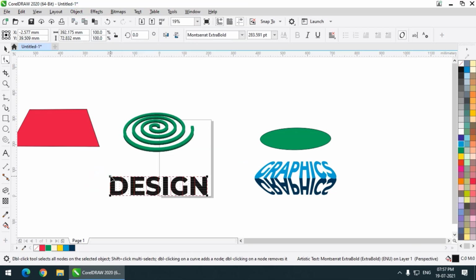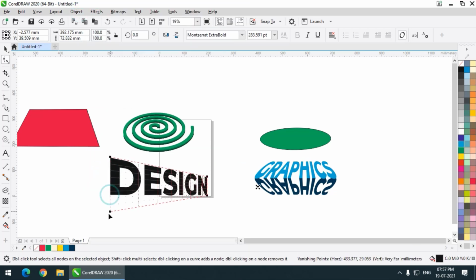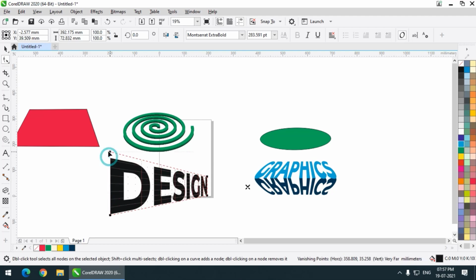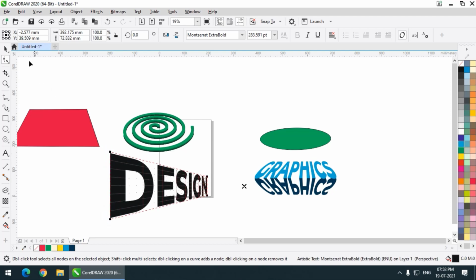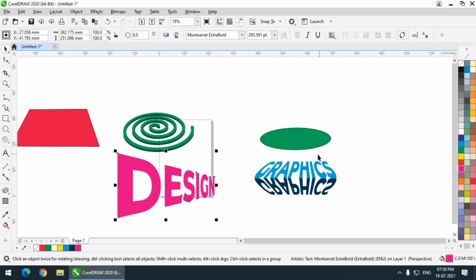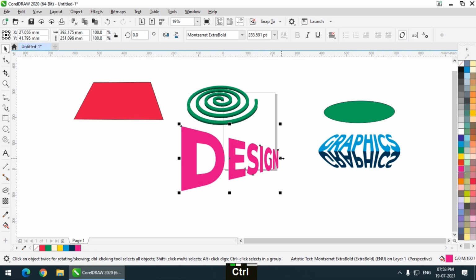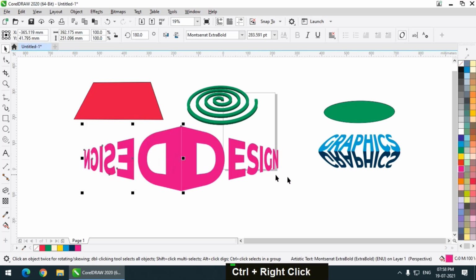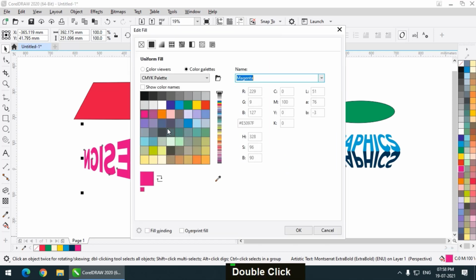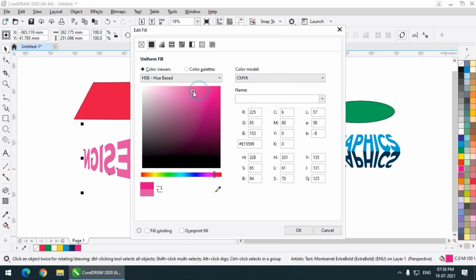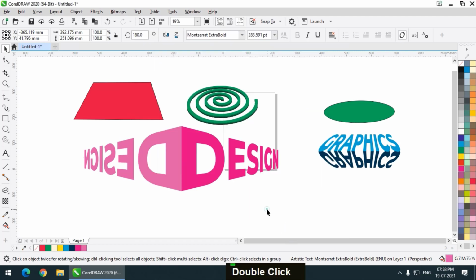Add perspective, like this. So this is how it will look. And again, if I want a duplicate of this, press and hold control, click, so it will give us a reflection like this.